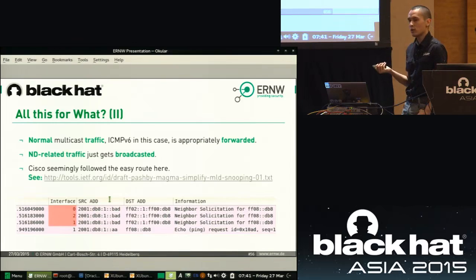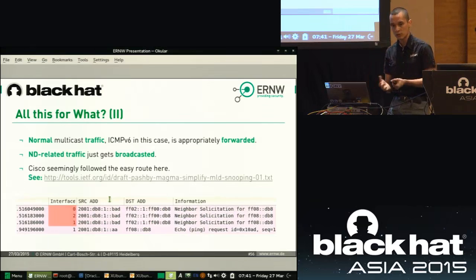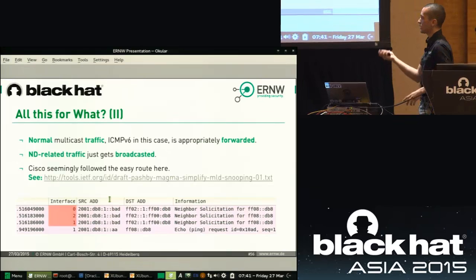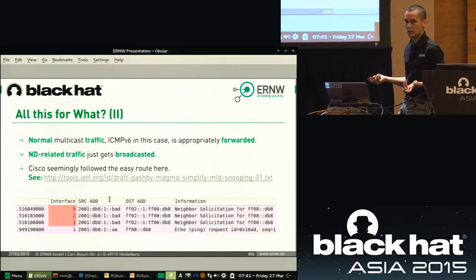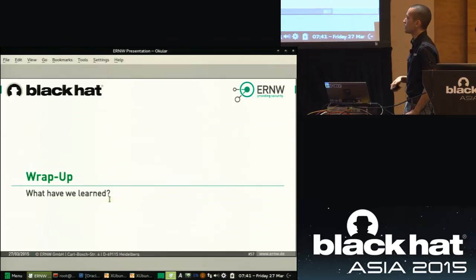But it's useful to know that, because if you look at the documentation and any manual and any configuration guides, it's always the same. MLD snooping is great for your network. MLD snooping is going to optimize multicast traffic, and then you go to some books and you read, okay, neighbor discovery is multicast traffic. It uses multicast in some cases. And then you make the connection, okay, so I'm going to use MLD snooping in order to tune my network, and then you get this kind of behavior where you don't get anything from MLD snooping.